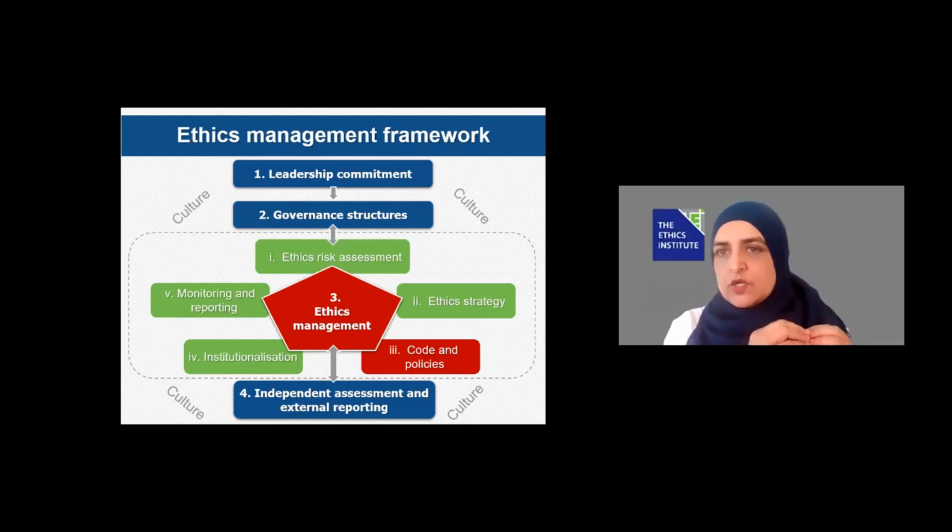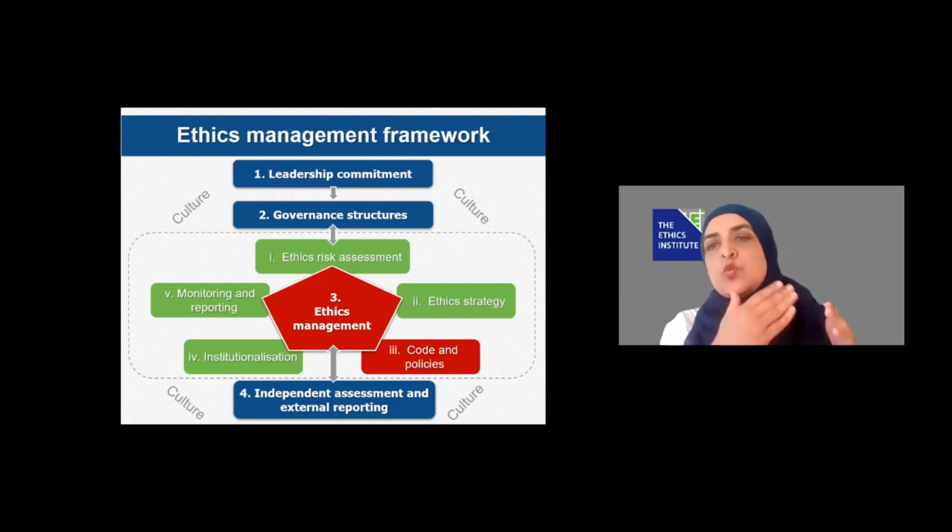If I don't have one, should I go off and develop or draft a new document, which I call a code of ethics, which is the constitution in terms of setting out what is the ethical conduct expected in my organization? And once I have that, then do I look at my policies, ethics related policies, and ensure alignment between my policies that I have in place and the code of ethics. So you will notice in the framework that it uses the terminology of code and policies, and that refers to the code of ethics as well as the ethics related policies. And that is a myriad of policies that relate to the way in which ethics is managed within your organization.